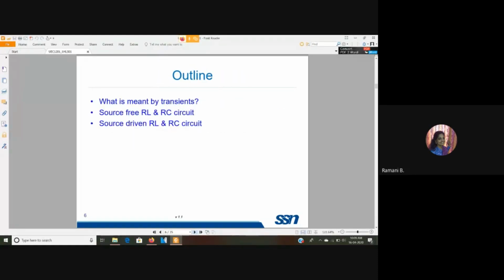So basically, what is meant by transients? You actually come across this concept in day-to-day life, when you are switching a TV on or off, or when you have the charger plugged in. If you have the LED on a laptop charger, you could observe this transient. When you switch on the TV, it will take some time for the TV to get on. Similarly, when you switch it off, the LED won't go off immediately. That duration, we call the transient duration.